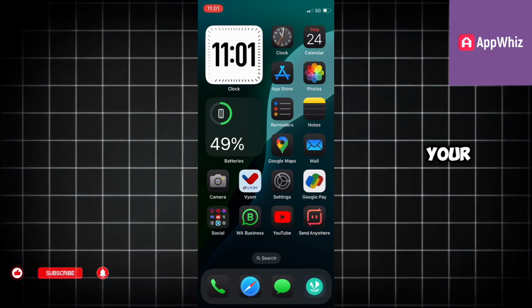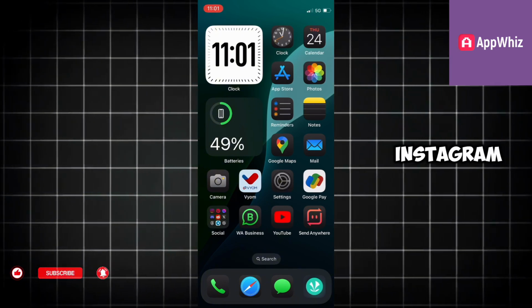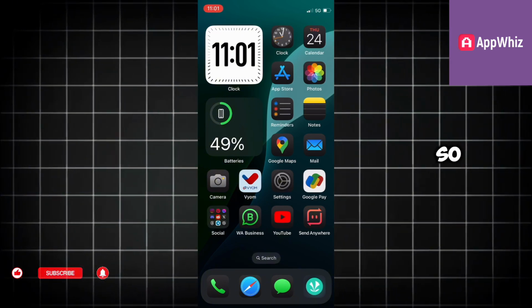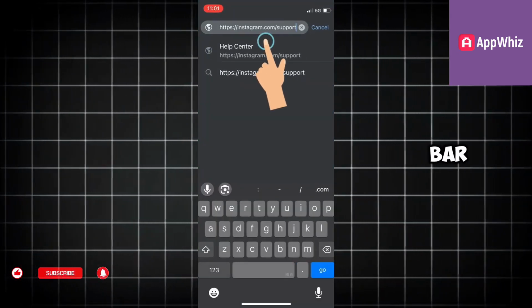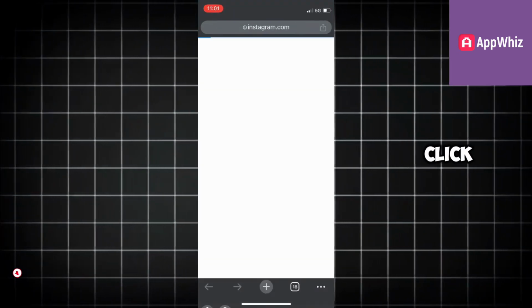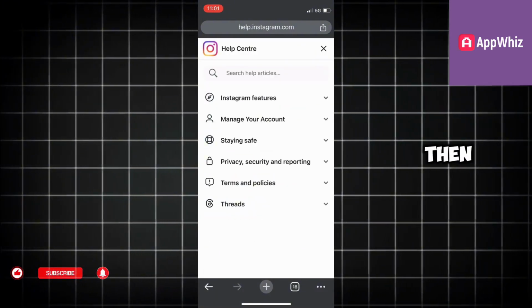So if you have deleted your Instagram account and 30 days have passed by, then it means that your Instagram account is now permanently deleted. So in order to recover such an account, open your internet browser and in the search bar type Instagram.com support, click on search, click on these three horizontal lines at the top right corner and then go to manage your